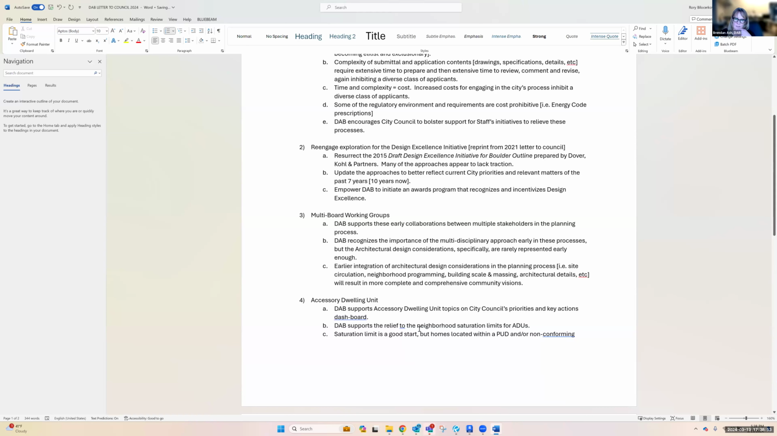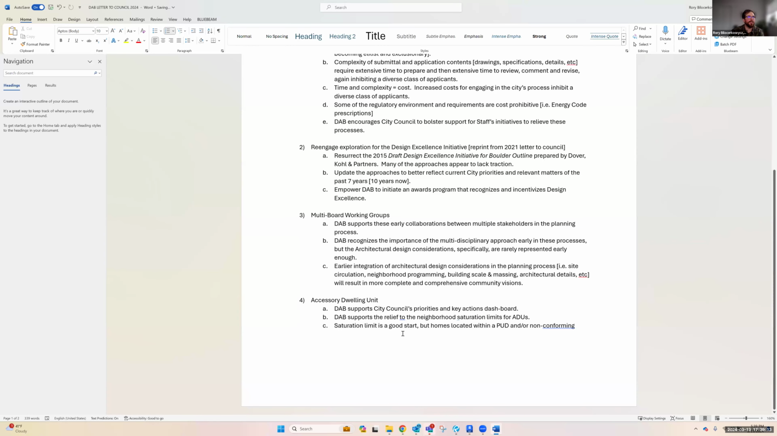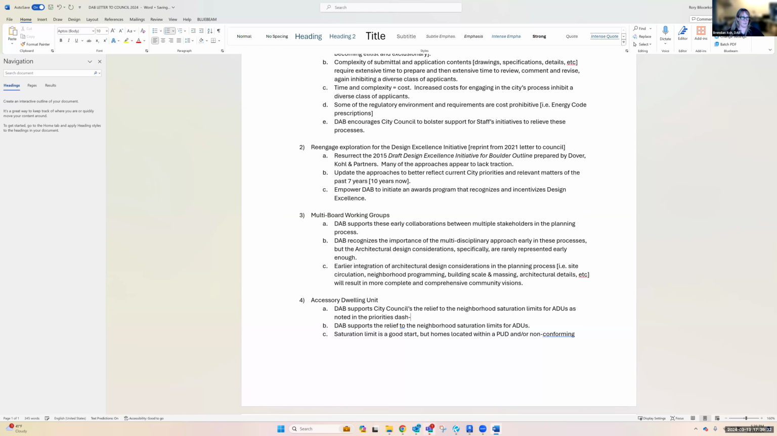Yeah, I think you could just take "supports the relief" to the end of that sentence and drag it up into A, because that is the council priority. And then B would be, so DAB supports city council's priorities and relief to the neighborhood saturation limitation of ADUs. There we go. Yeah, as noted in the priorities and key actions. Perfect. And then B,